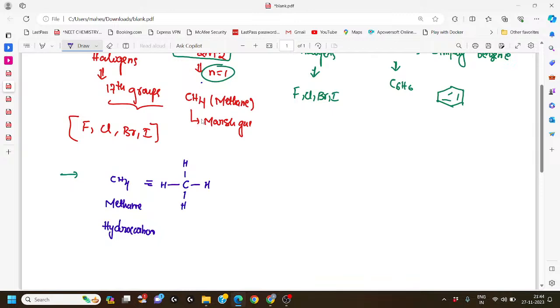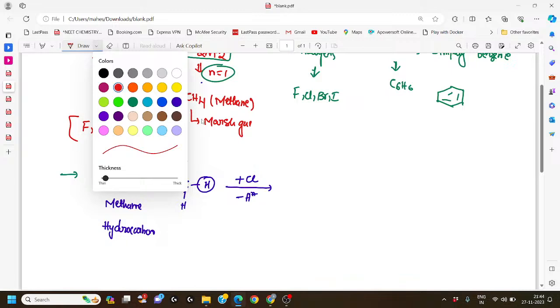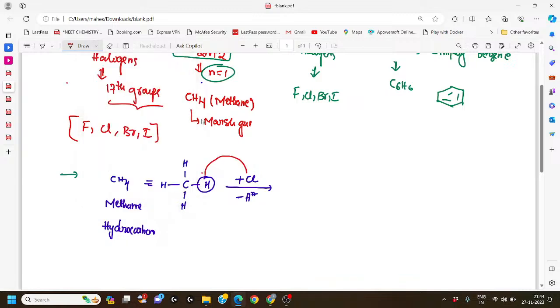You can write CH4 in this way, and we observe that here one hydrogen is replaced by chlorine. Here we observe that the chlorine is replacing the hydrogen. In place of a hydrogen, the chlorine is substituted, Cl bonded here. So this type of compound is simply written as H3C-Cl. So this type of compounds are called